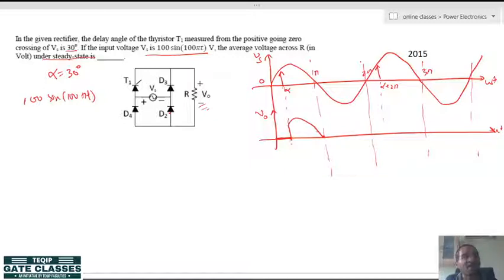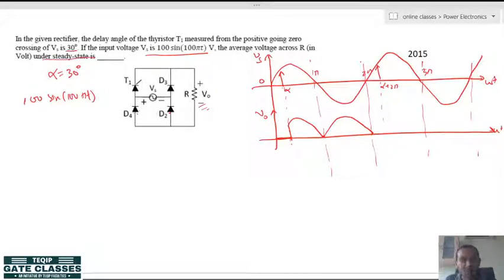But at pi, as the supply reverses, diode D2 will become immediately reverse biased, so it will be off, and D4 and D3 will become immediately forward biased, hence on. Diode D2 will be off and D3 and D4 immediately on. Because of this the thyristor will also be off. It means the full cycle will be there, because a diode does not require any firing pulse.